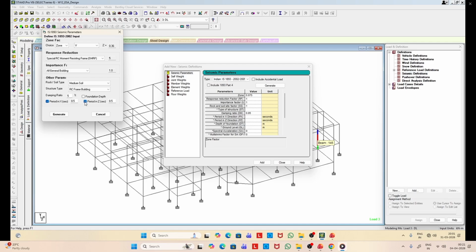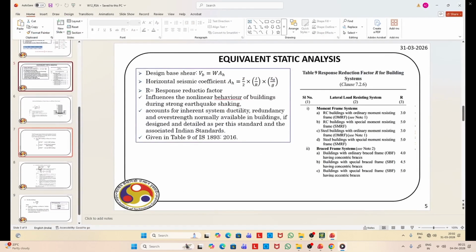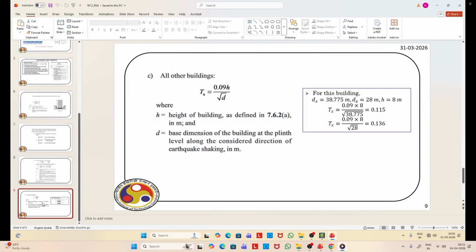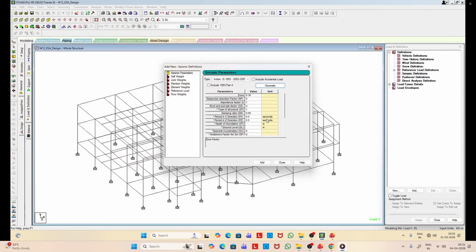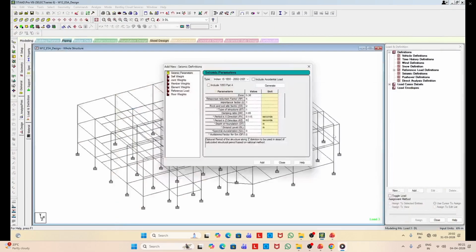So we have period in X, period in Z, and then if we generate, it will be reflected here. So now we can actually change the values of Tx and Tz. Tx is 0.115. So let us change it here. Similarly, for Tz, we change it to 0.136.